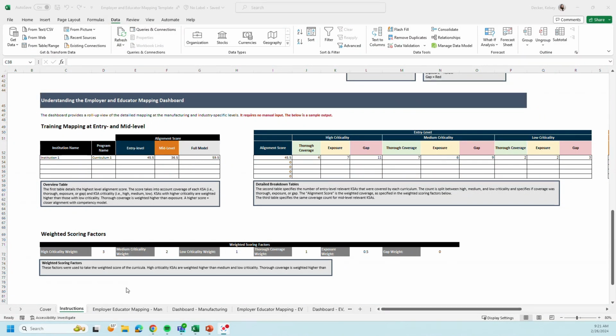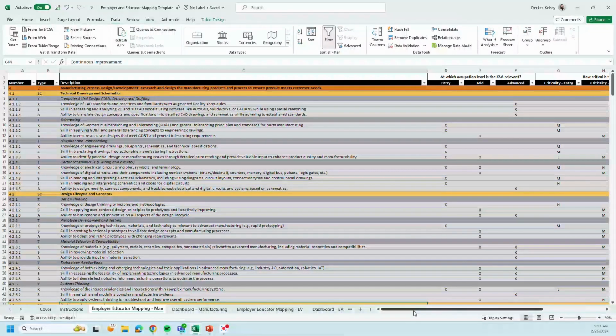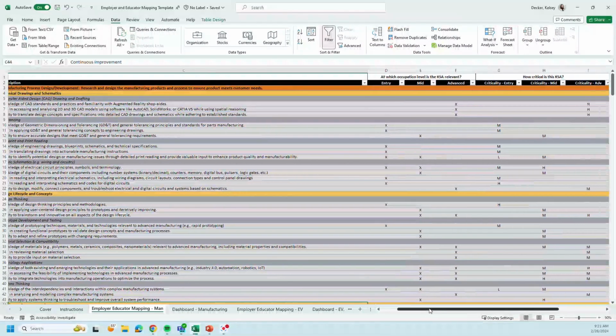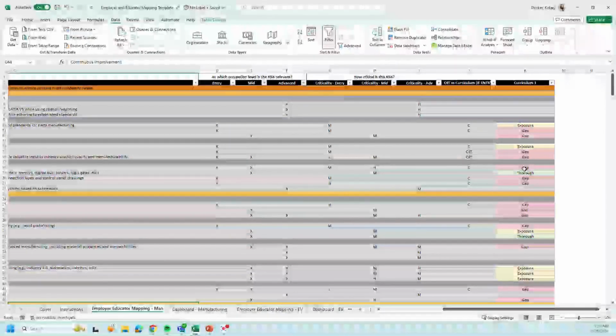All right, so moving over to the next tab, which is the employer and educator mapping. All right, so as always, competency coverage and information is on the left-hand side, and all the new stuff will be over here on the right-hand side. So as always, we have the specific occupation level, relevant for each KSA, criticality, relevant for each KSA, and then